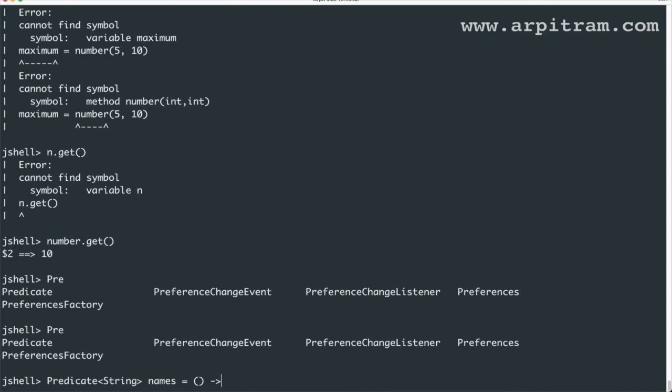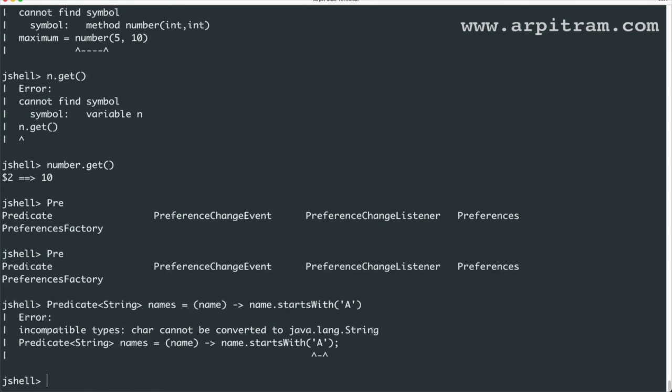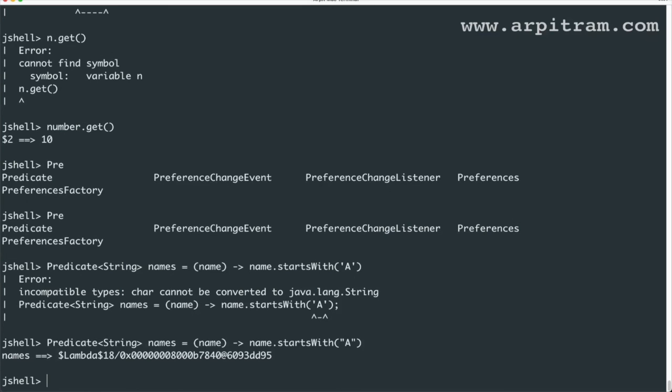So this will take a name and check whether the name starts with A. Sorry, this is a char, so I need to fix that, right?